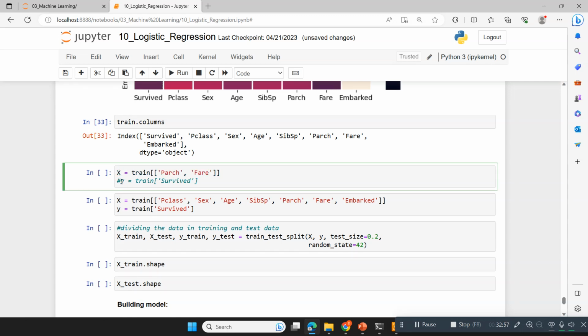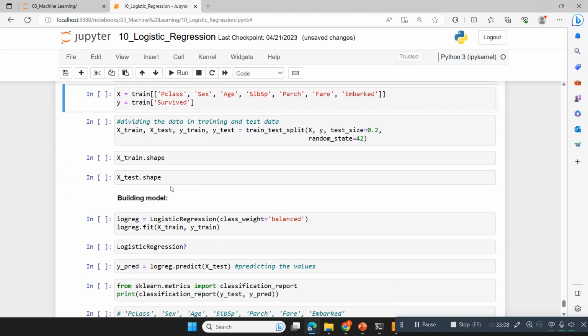So X is equal to, in X I am putting PR and fair. Then Y means the target variable, which is survived. Then building a model here. Using train test split, splitting X and Y, test size 0.2 means 20% test, and the remaining 80% is considered as training, and it will result in X train, X test, Y train, Y test, random state 42 means